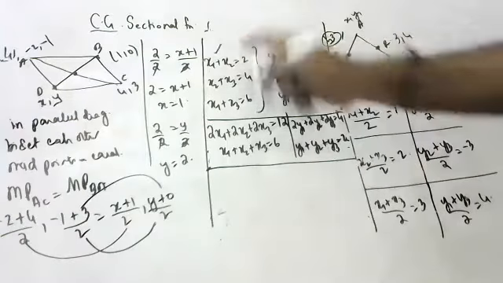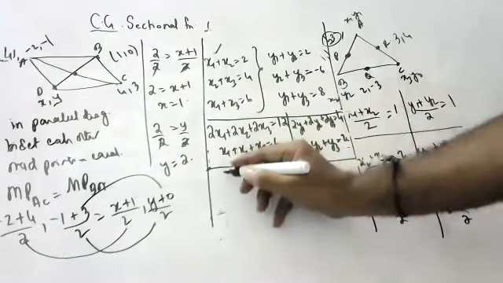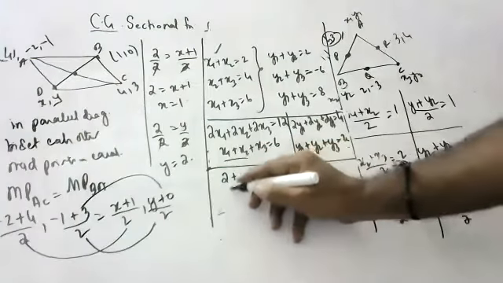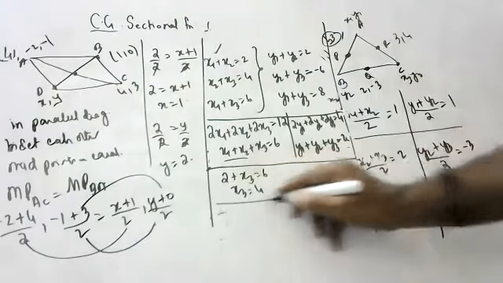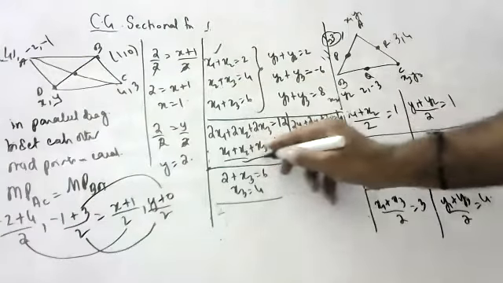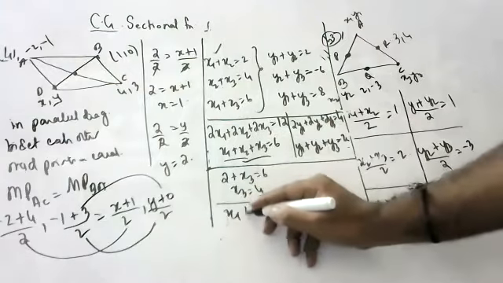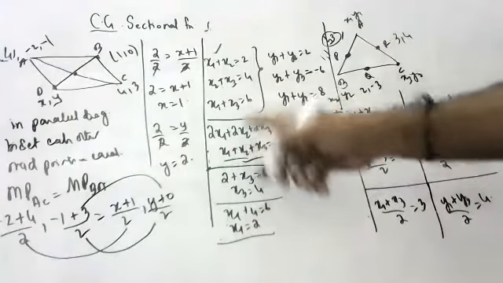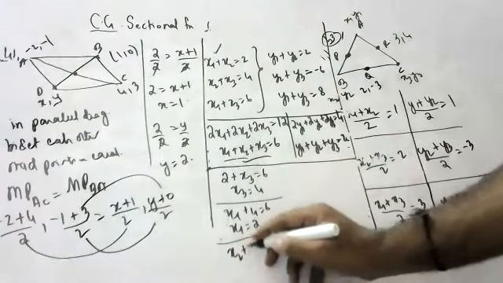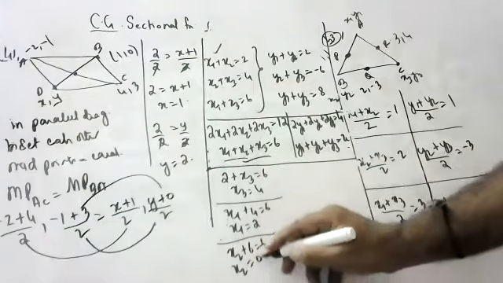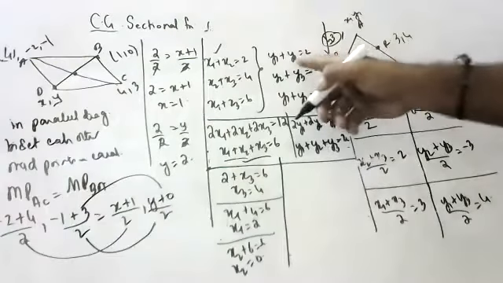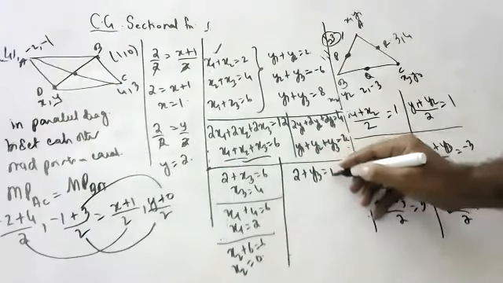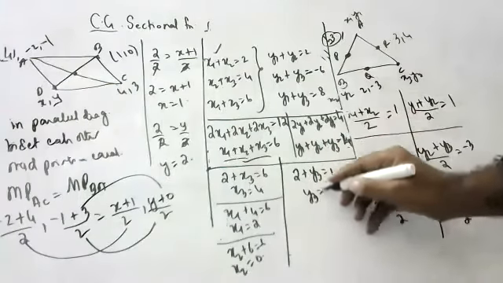Now, if I substitute this here, 2 + x3 = 6, so x3 = 4. Suppose I substitute x2 + x3 here: x1 + 4 = 6, so x1 = 2. If I substitute x1 and x3 here, 6 + x2 = 6, so x2 = 0. Now for y1 + y2, if I substitute, 2 + y3 = 4, so y3 = 2.